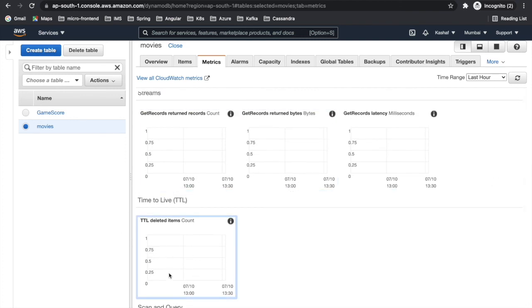We just enabled it, so currently I do not have any records here. As items get deleted, we can monitor or look at this metric. It will show us the count, so we can see how many records got deleted at what time. In this way DynamoDB TTL works.